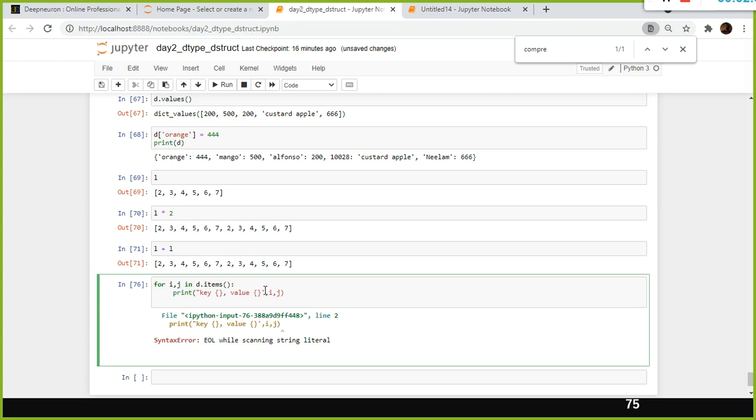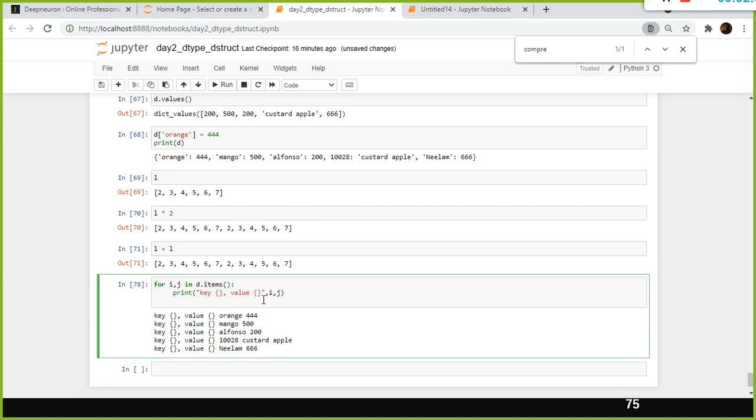In this case I did not use double quotes. I should have used dot format.